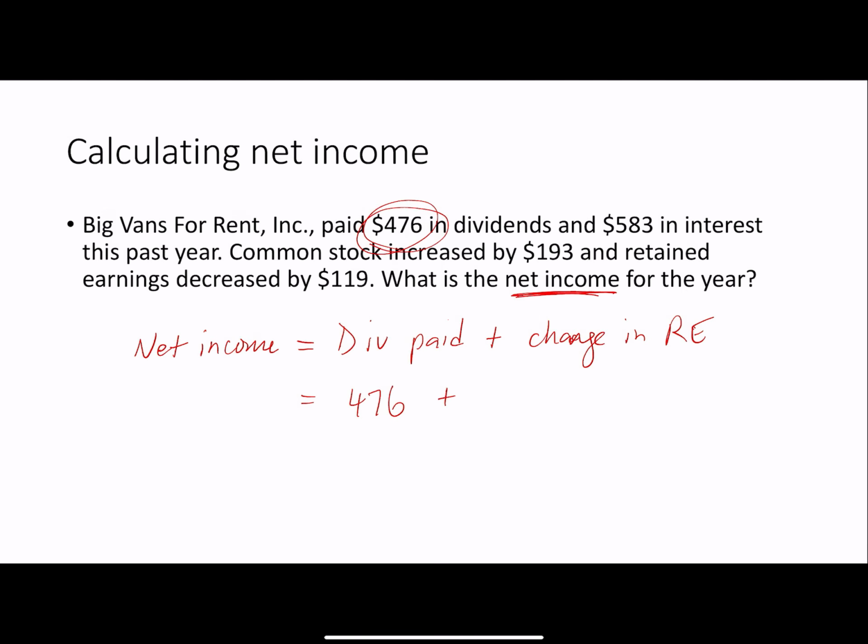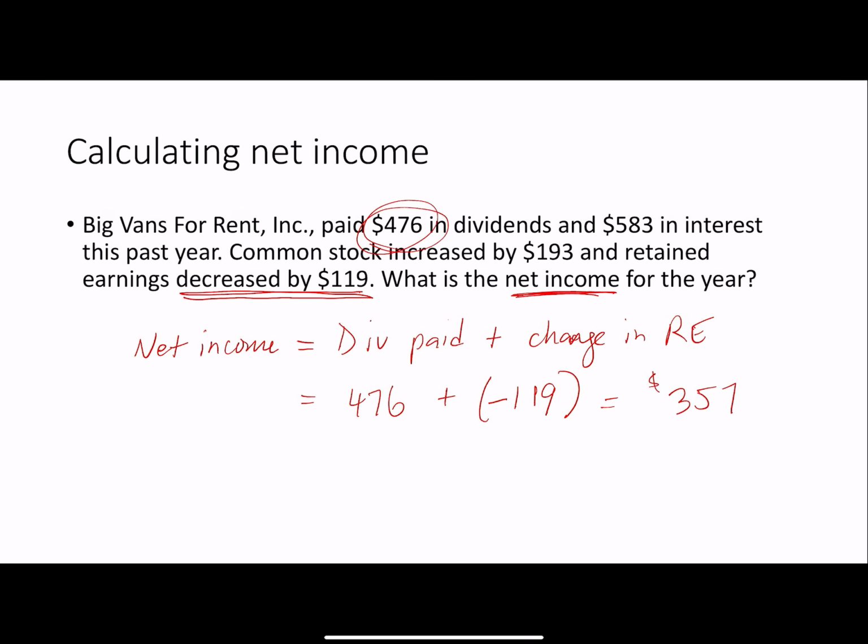The change in retained earnings is interesting in this case because retained earnings actually decreased. When the firm has a positive net income and puts a portion of that away as retained earnings, we expect retained earnings to increase. So an increase in retained earnings represents an increase, a positive value in the net income. But in this case, we have retained earnings that decreased by 119. So what we're going to do is instead of add this value, we're going to subtract it. And that gives us a net income of